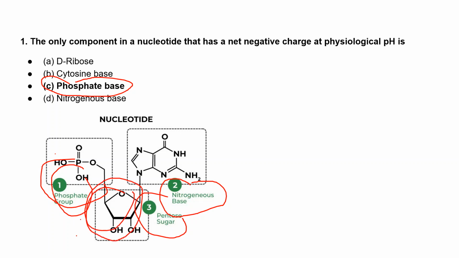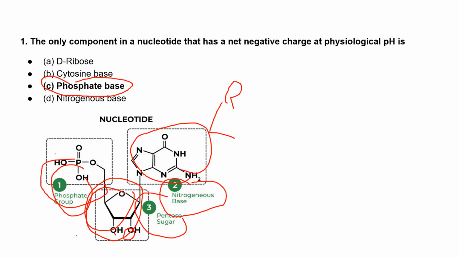In DNA, it is deoxyribose, and in case of RNA, it is ribose sugar. So there is a difference of this OH. At the second position, in case of DNA, there is no oxygen, and in case of RNA, there is the presence of this oxygen at the 2' OH. And this is a nitrogen base. Nitrogen bases in a nucleotide are of two types: one is purine, and another one is pyrimidine. In case of purine, it is adenine and thymine, and in case of pyrimidine, it is guanine and cytosine.